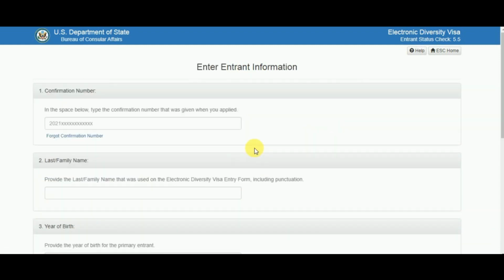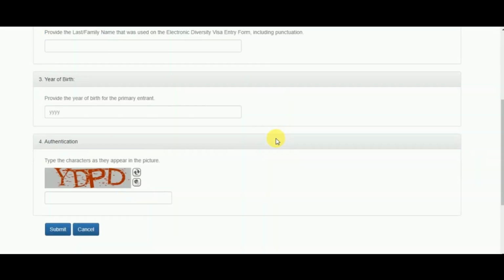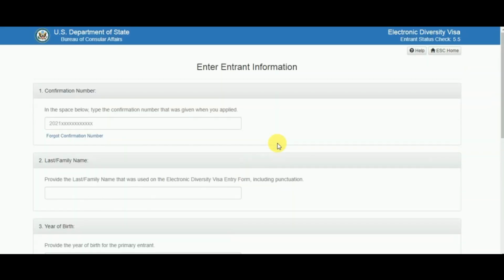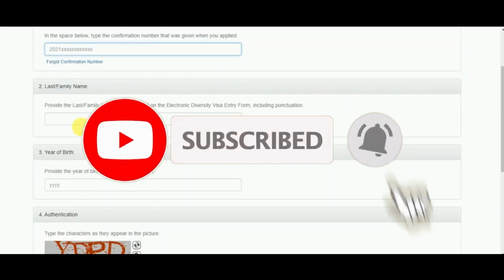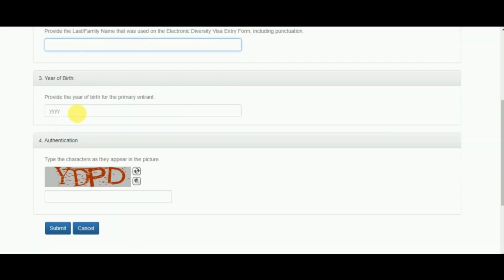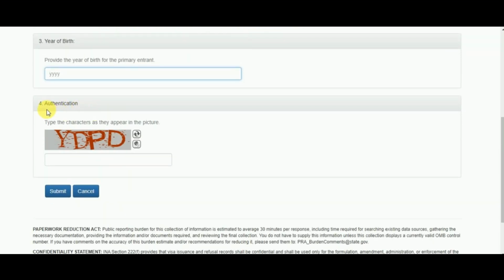When you click on continue, this type of page will appear. In this page, first of all, you enter your confirmation number in this box, then your last or family name in this box, and then your year of birth. At last, you enter the authentication number, which is in this picture, in this box, and then you click on submit. When you click on submit, then further